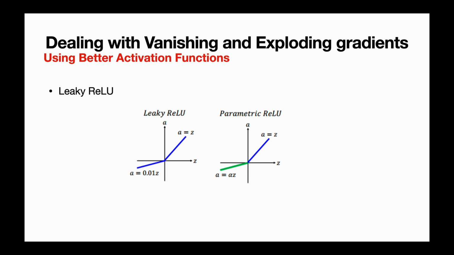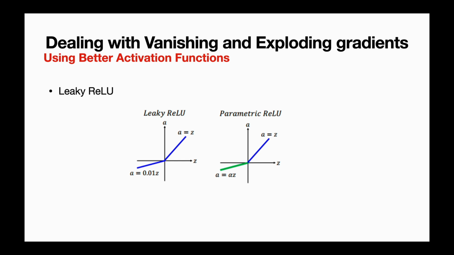So there have been thoughts to deal with dying ReLU. Two suggestions have been using leaky ReLU or parametric ReLU. In leaky ReLU, we are using 0.01 as the slope before 0, and the same 45 degrees line with respect to x, so y equals x, for anything above 0. This is better because it resolves the issue of dying ReLU, because gradients before 0 do exist,